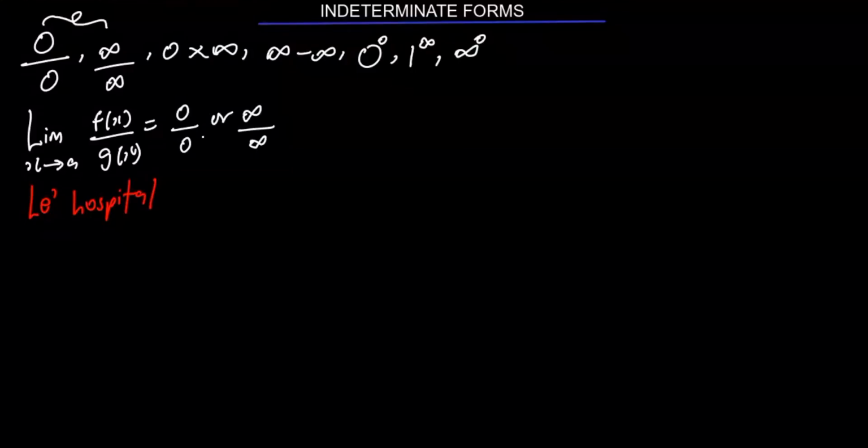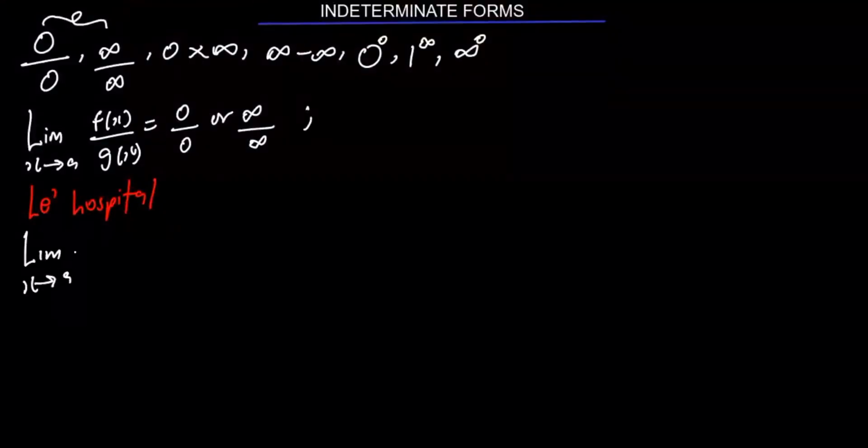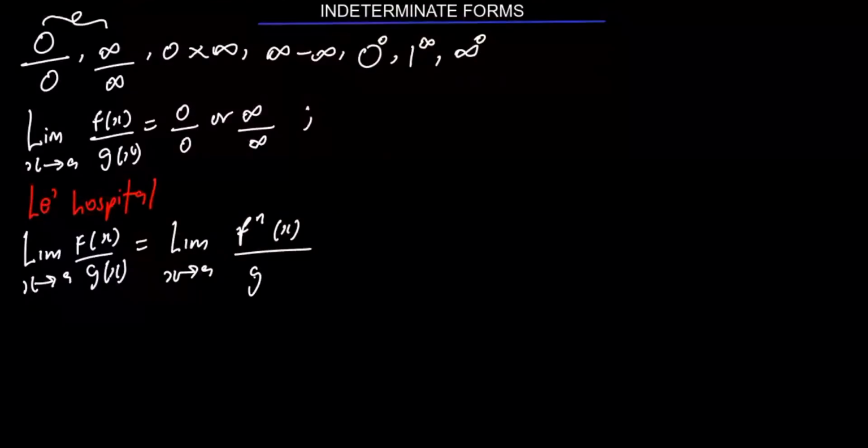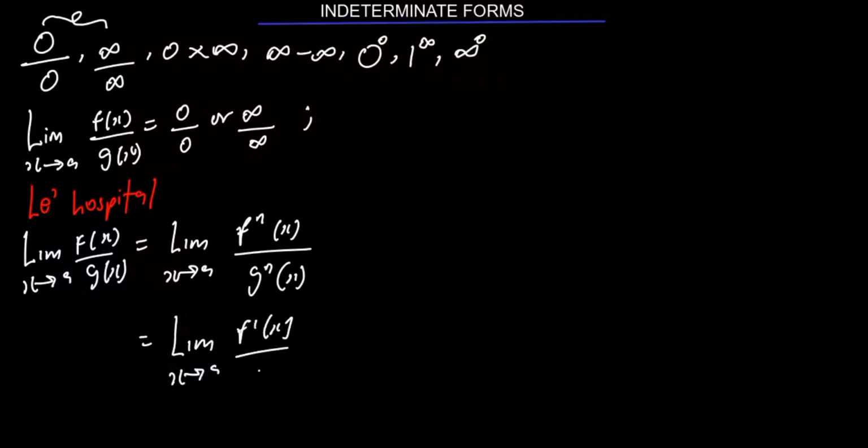If you have any of these expressions, then I can say the limit as x tends to a of f of x over g of x is also equal to the limit as x tends to a of f prime of x over g prime of x. This means that I differentiate the function, that is, I find the first derivative of f of x over g of x,